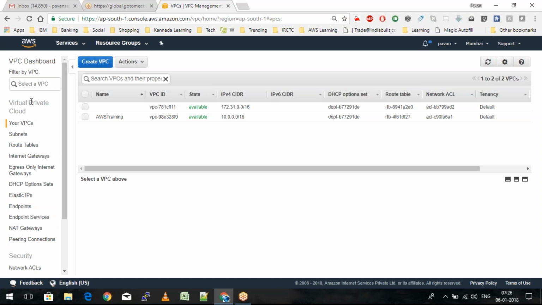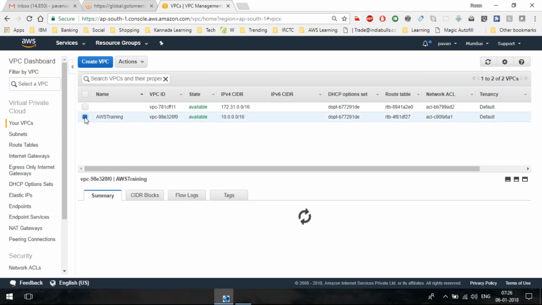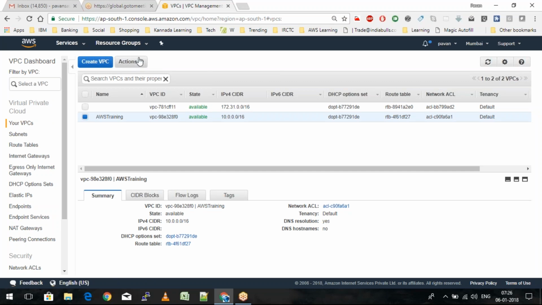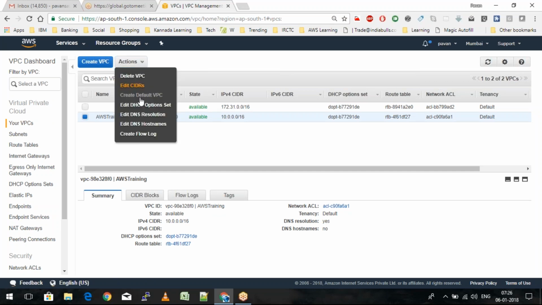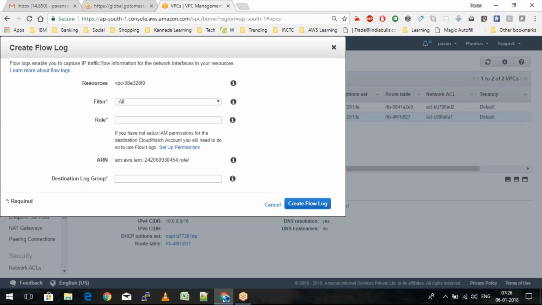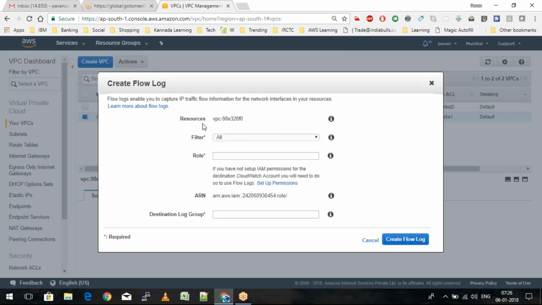So it's very simple to set up your flow logs. Just come down to your VPCs, select the VPC that you want to enable with the flow logs, and then quickly click on the actions and then just say create flow log. And it's going to come up with a small screen here, which is going to ask us a few more details. So it's going to ask you for the filter. So would you like to capture all the kind of requests, whichever gets accepted and whichever gets rejected, or only the ones with accept or ones with reject?